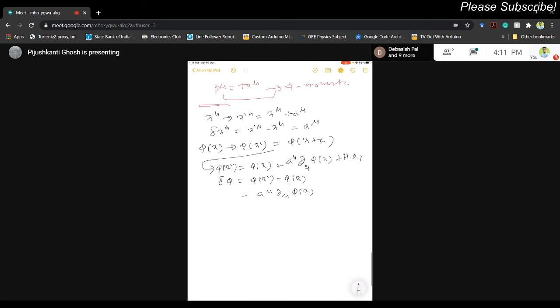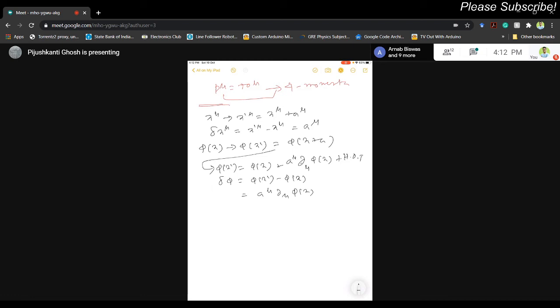Now, a concrete example is worth a thousand words. What I was trying to convince you of is that there is no internal symmetry transformation. This is only a spatial and temporal transformation, a space-time translation. So there is a change only in x, but phi depends on x. That is why, due to the space-time translation, there is a change in phi, and that delta phi is given by a^mu del_mu phi(x). Although there is no transformation on the field itself, there is an induced change in the field due to the transformation in the space-time coordinate on which the field depends.